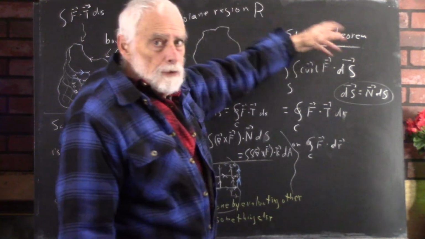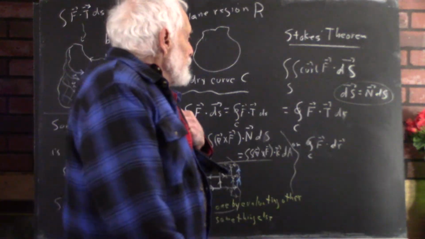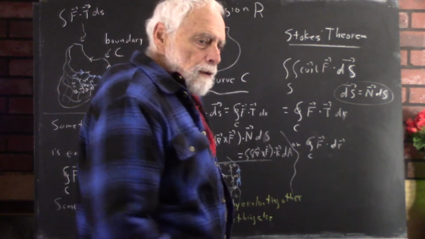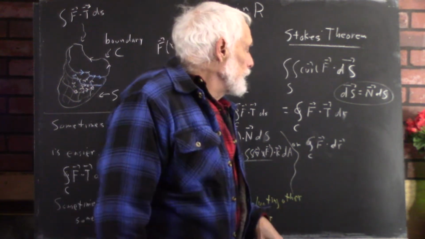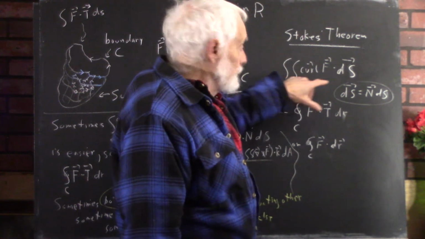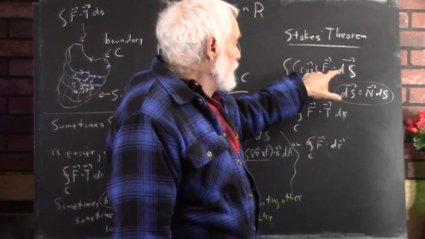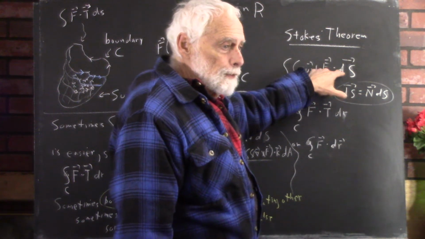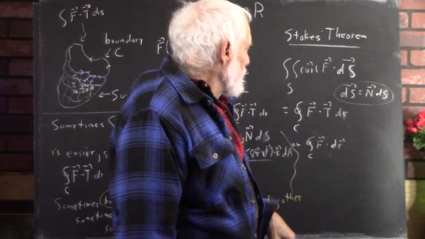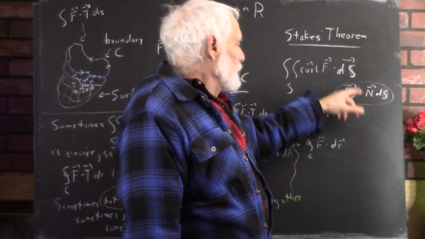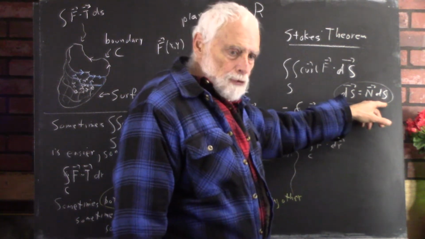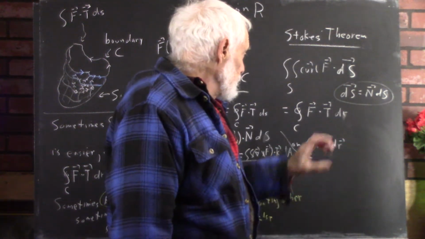Stokes' theorem, a generalization of Green's theorem. In a lot of ways it looks like Green's theorem, and we'll make a closer connection right here. It simply says that the integral over a surface of the curl of f dot the vector dS, where d capital S is just the normal times the surface area, the area of the surface increment,